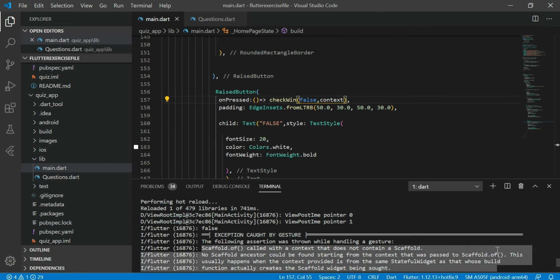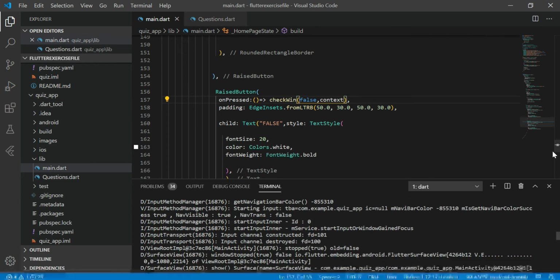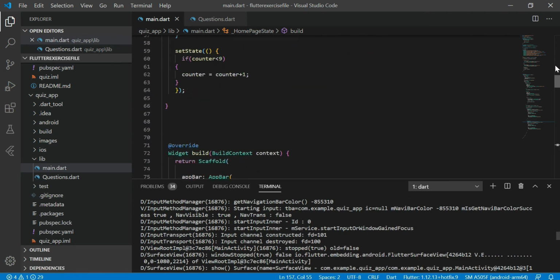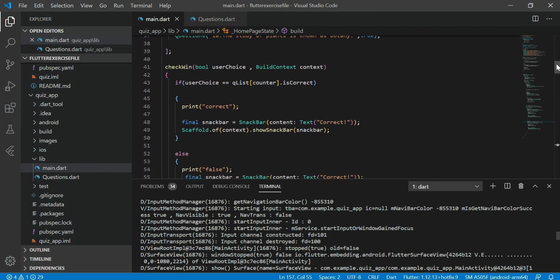Now this is the error that I got. Just listen carefully to one thing I'm going to tell you about what build context is. Build context is an object that knows all about the structure of our app and our user interface, where things are placed like container, column, and all our widgets. That's why we need to pass the BuildContext in the build method every time we are constructing our app. In simpler words, build context is a tree and all the widgets like container and column are its branches. The tree knows the locations of all the widgets. Now this error occurs.